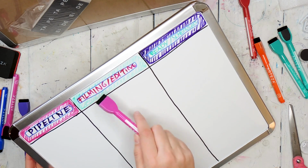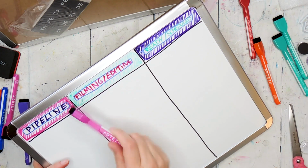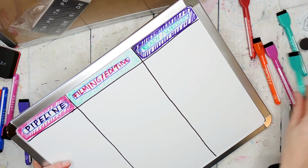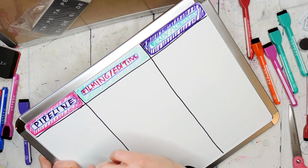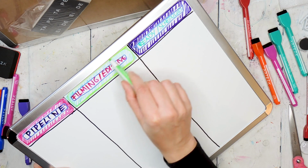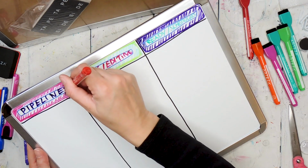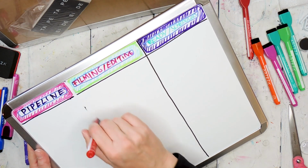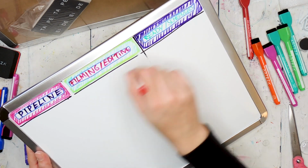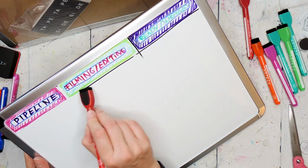Okay, I seem to not have been very lucky with my turquoise one. Both of them are not very juicy, whereas these other ones are super dark and they go on really well. So I don't know if that's just that color that doesn't have that. All the other ones seem to be nice and juicy. Actually, I'm gonna get rid of that black line. I mean, come on, if I've got all these colors, there is no reason not to just use the colors